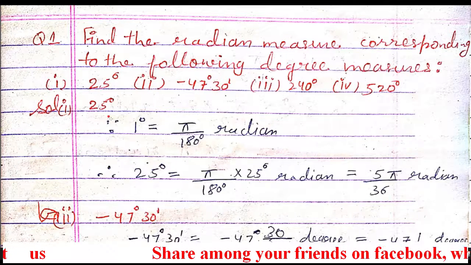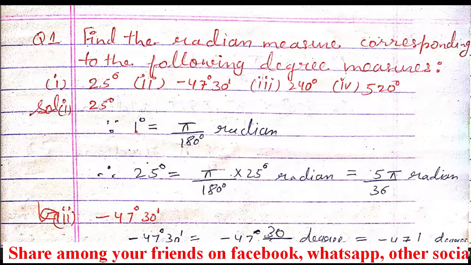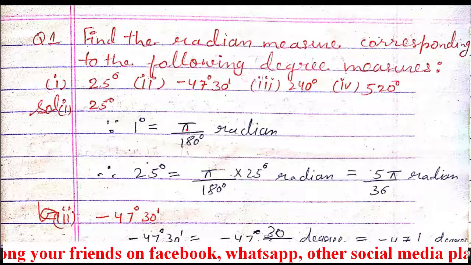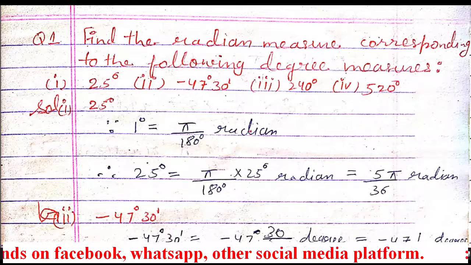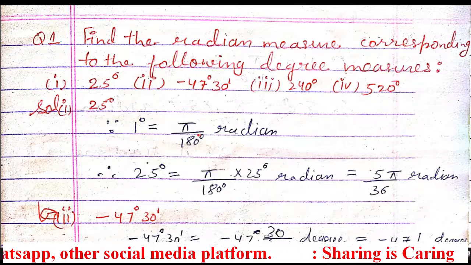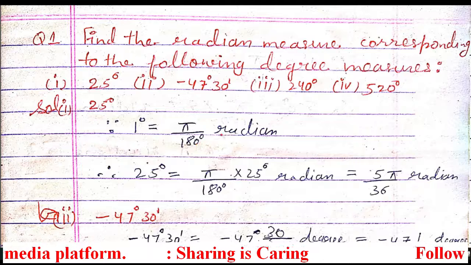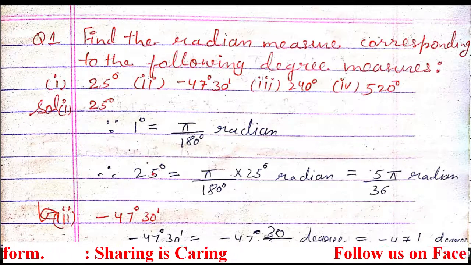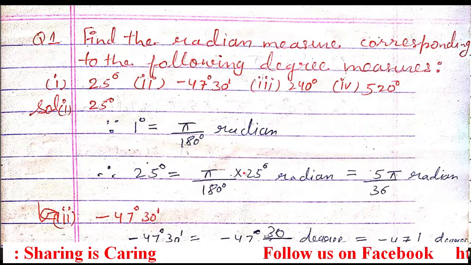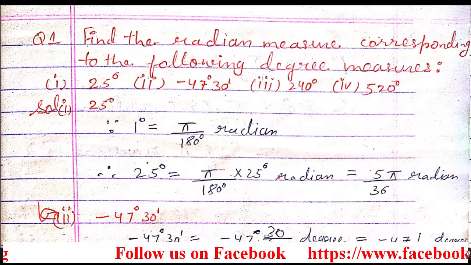So first we'll solve the first part. We have to convert 25 degrees. So first we'll write down the formula. 1 degree is equal to pi upon 180 radian. Here degree will not come, students. Let's cancel it, it's wrong. So what will come here? Only pi upon 180 radian. Now we want 25 degrees, so 25 will come in multiplication, and then just multiply them and cancel.